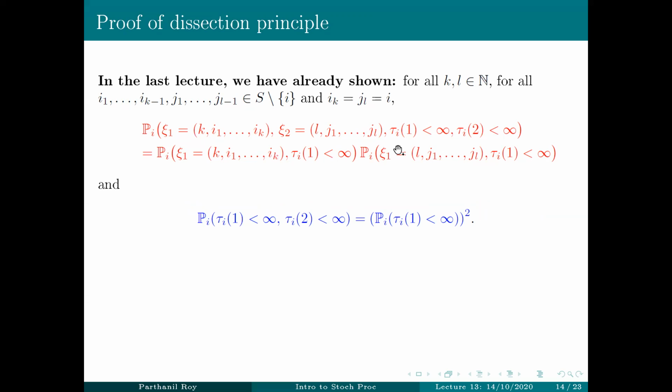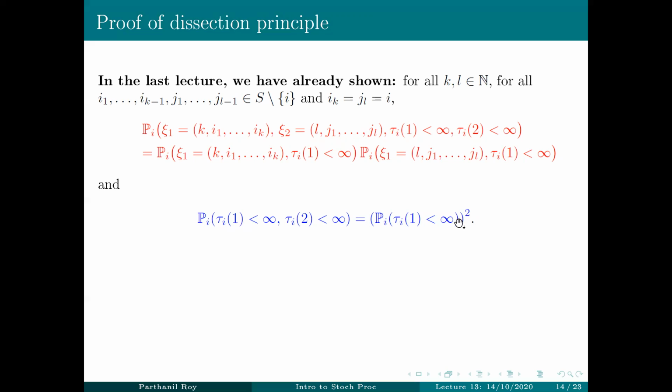And from there we also proved that under Pi, the joint probability of tau_1 and tau_2, the first two return times, both being finite, is just the square of the marginal probability of the first return time being finite,